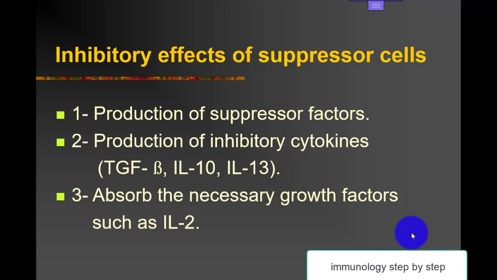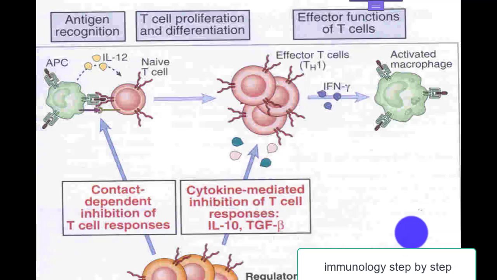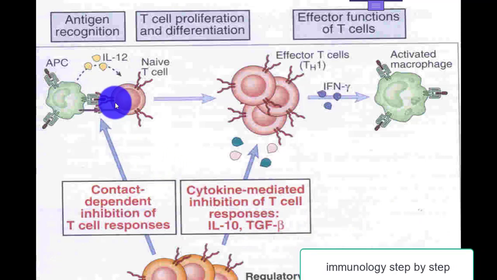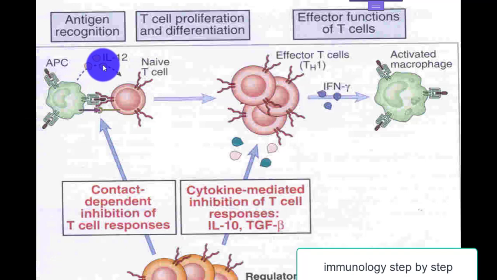Inhibitory effect of suppressor cells: production of suppressor factor, production of inhibitory cytokines, interleukin 10, interleukin 13, absorbing the necessary growth factors such as interleukin 2. Antigen recognition, T cell proliferation, effector function of T cells, contact dependent inhibition of T cell response, cytokine mediated inhibition of T cell response, regulatory T cells. Here the antigen presenting cell and interleukin 12, naive cells, effector T cells, activated macrophage, interferon